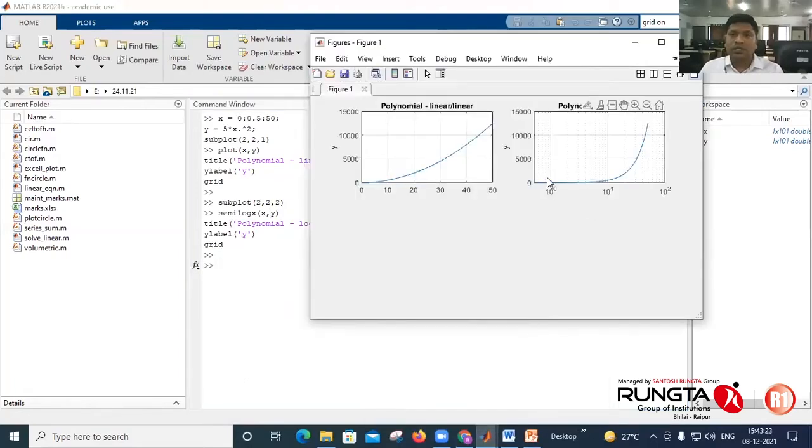Okay. So here, in first case, there are linear on x-axis, linear on y-axis. When I type Semilog X, there will be log scale on x-axis, okay, and linear scale on y-axis. Okay.